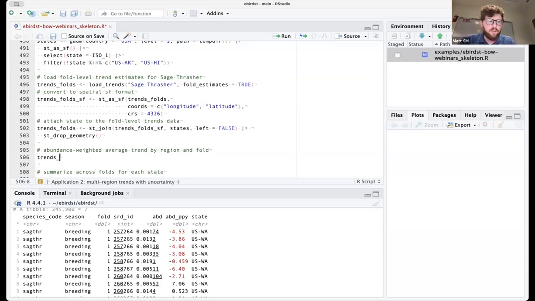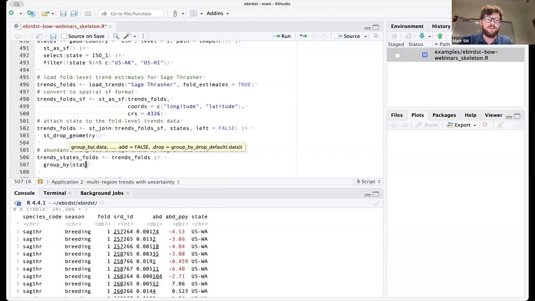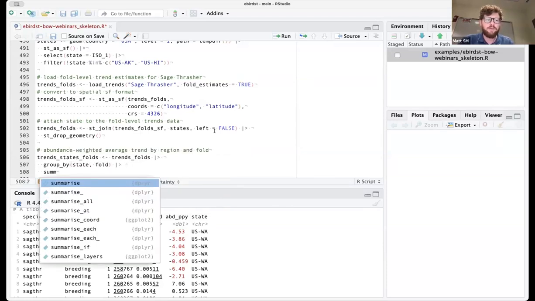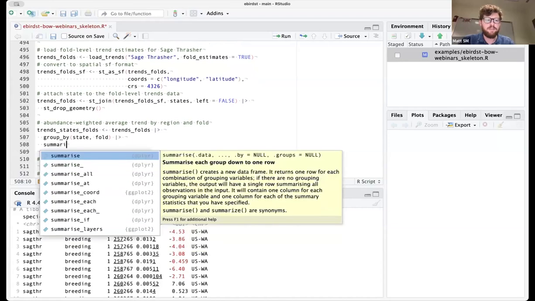I'm going to call this data frame trends, states, folds. I'm going to take the data frame that has the state attached. I'm going to group by both the state and the fold. And then I will summarize.